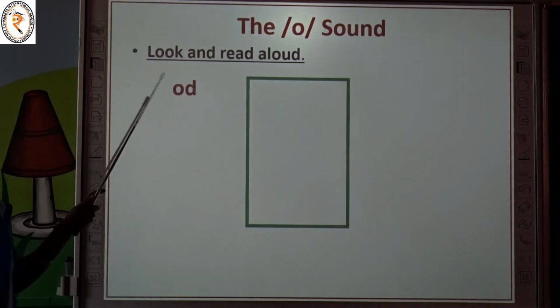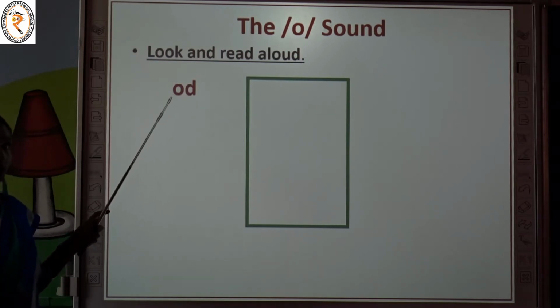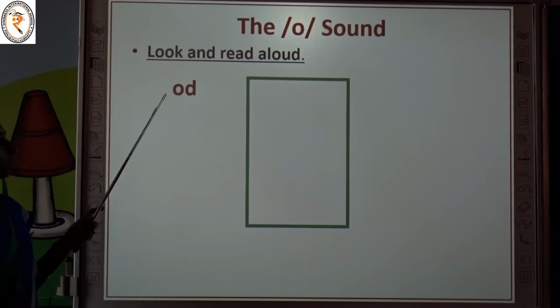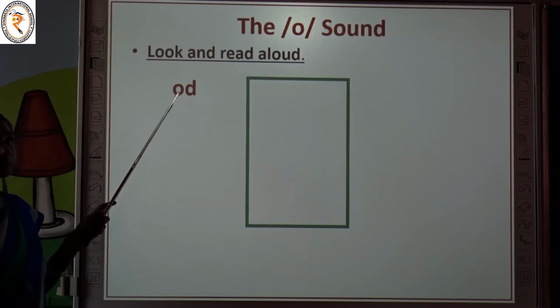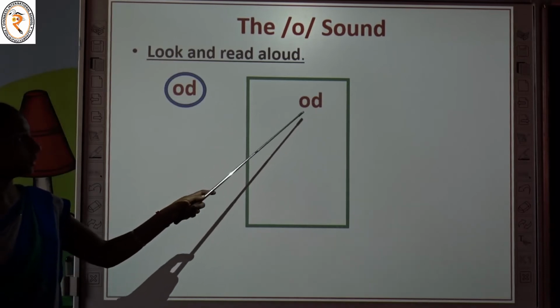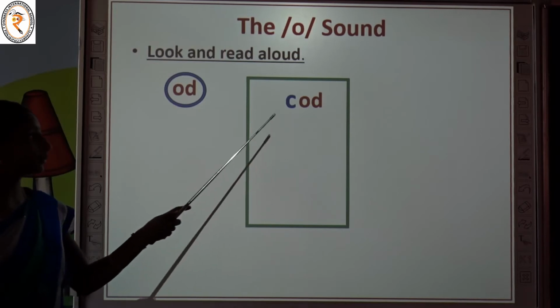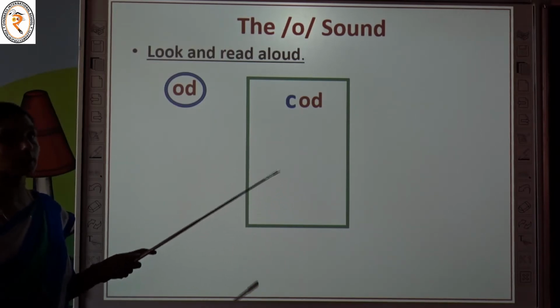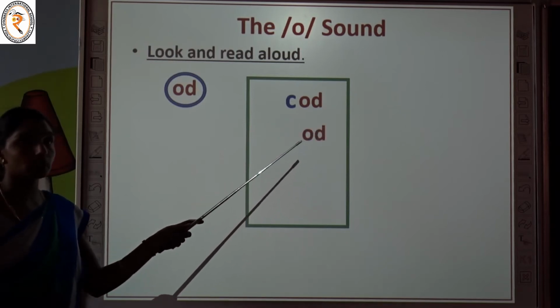Now we are going to look at and read some words which end with the letters O-D. Before that, let us learn to pronounce these letters together. O as o, like orange, onion. O as o. D. The sound of the letter D is id. Od. Let's see the example. OD as od. C is added to it. Now try to pronounce this word, C-O-D. Cod. Ik, od, cod. Very good. How can we pronounce the letters O-D together?